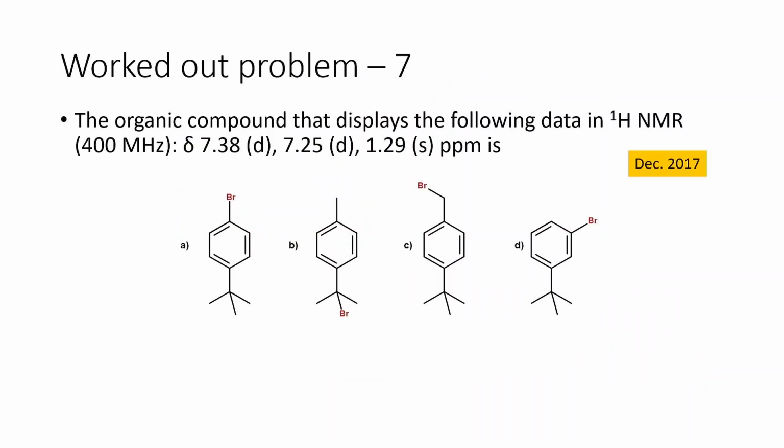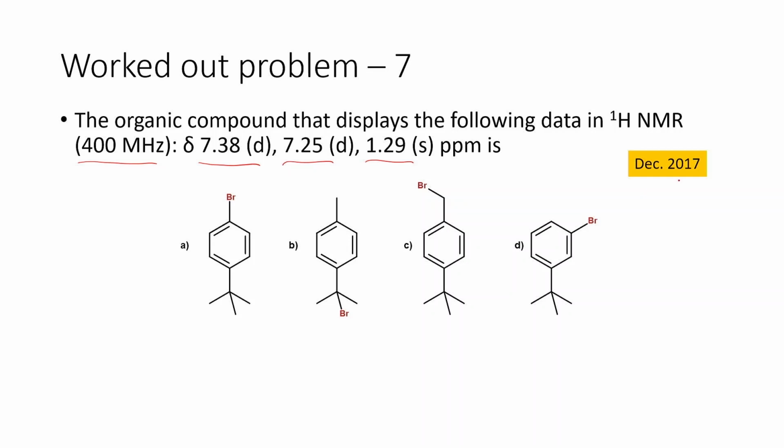Let us move on to the next problem. Here, the organic compound displays the following data in 1H NMR at 400 megahertz. The delta values are given. The first one is 7.38 doublet, the second one is 7.25 again doublet, and the last one is 1.29 singlet ppm, and four options are given: A, B, C, D. We have to identify the correct structure for the given NMR values, and this question was asked in